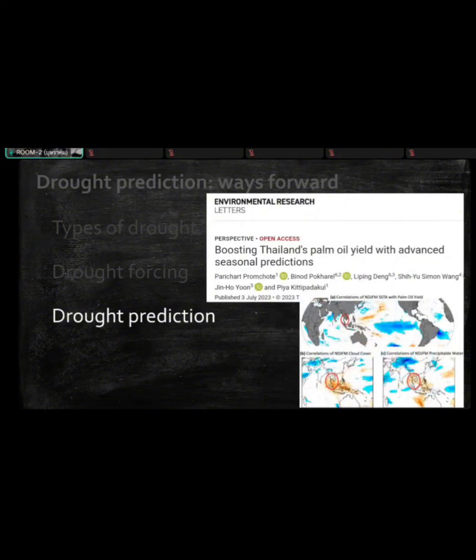And more recently, for the palm oil yield in southern Thailand, in Surat Thani, we tried to understand the response to rainfall, moisture, and the ocean patterns, and we found out that, again, this is Nino 3.4. No other prior research has combined all these things together and suggested that there's a way for seasonal predictions for Thailand's emerging palm oil industry.